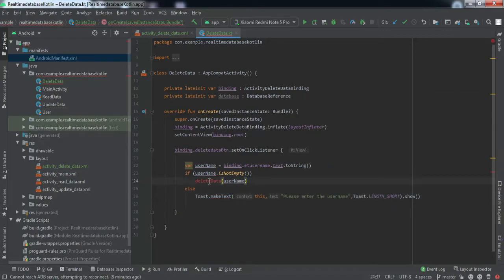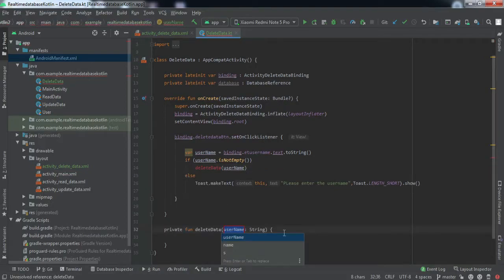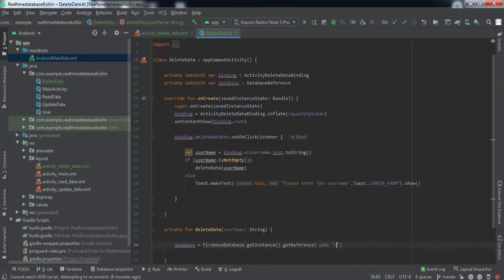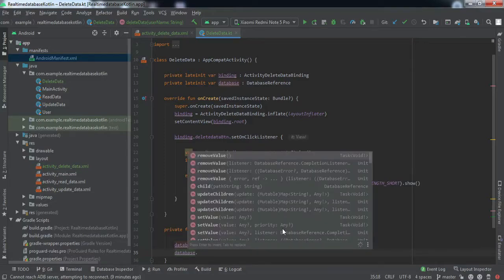Now let us create this method. First we'll get the reference of our database, dot get reference, and we'll get the reference till the users node, right? This is not new, we have been doing this for the last three videos.